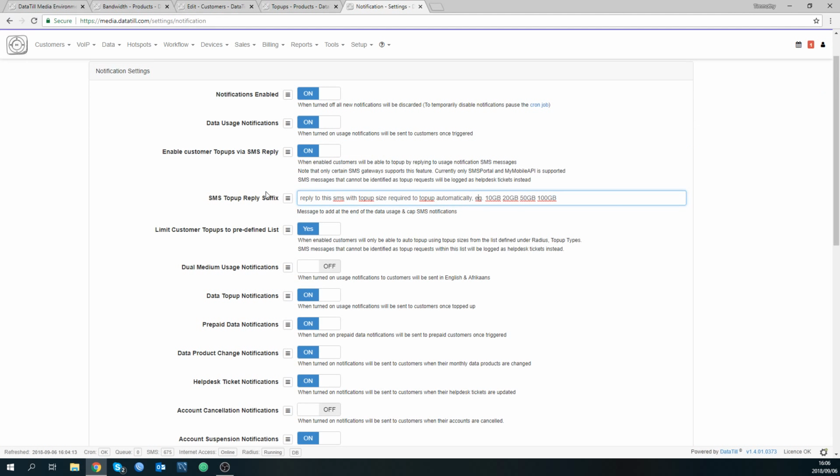This then, being the SMS top-up reply suffix, would mean that when the client reaches a certain usage, they will get an SMS saying please reply with the top-up size required to top up automatically. Example: 10 gig, 20 gig,